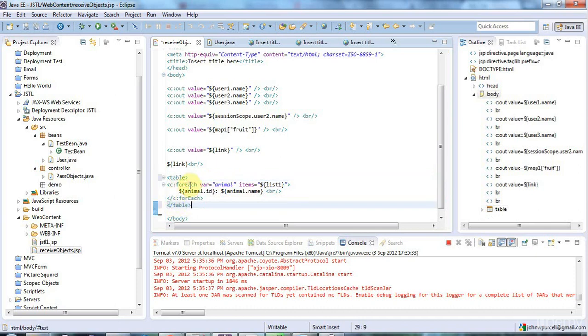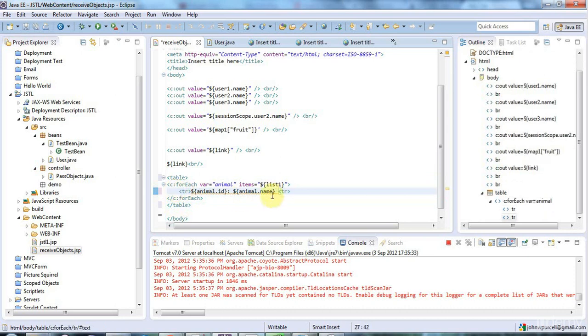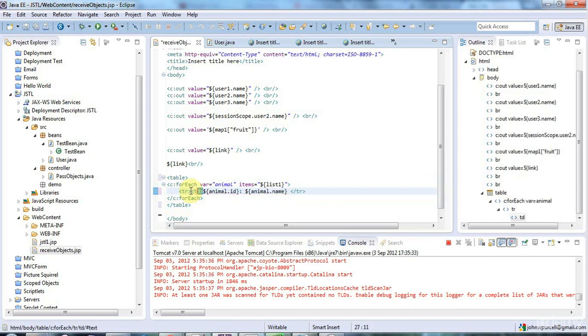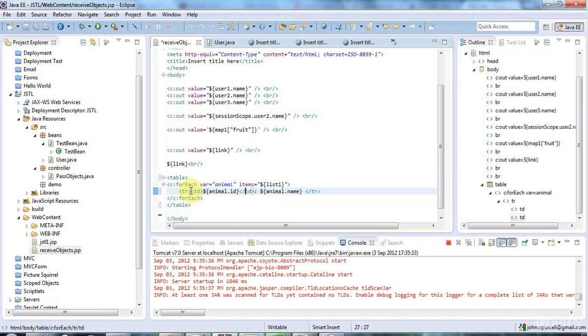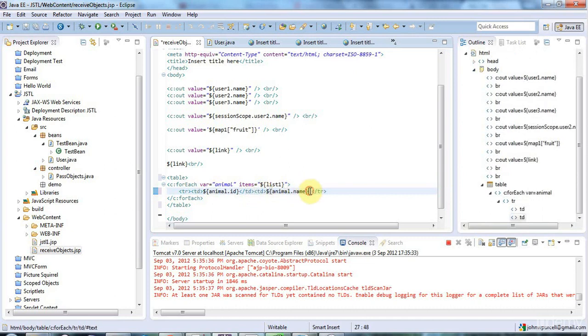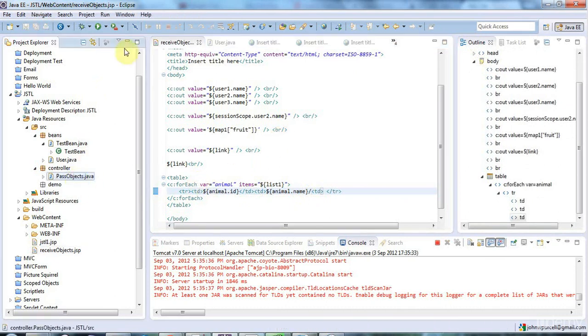tag, and I need to start each row with a table row tag. Let's just copy that and close the tag here. Instead of BR now, I'll close the table row, and I'll surround each value here with a TD tag. TD stands for table data, so I'm going to have one there which I'm going to close here, and let's get rid of this colon here and have another table data, another table cell here. And so the forEach loop is really handy for building up HTML tables, and if I now run this,